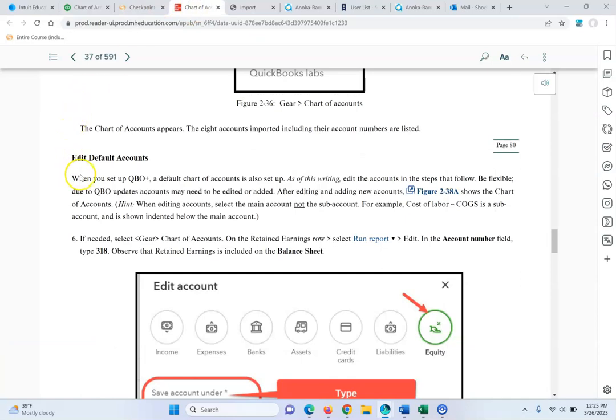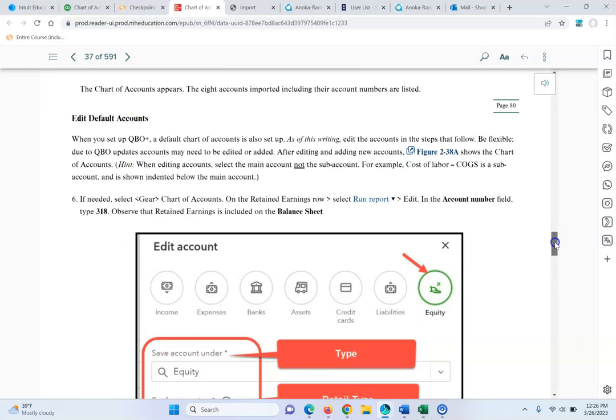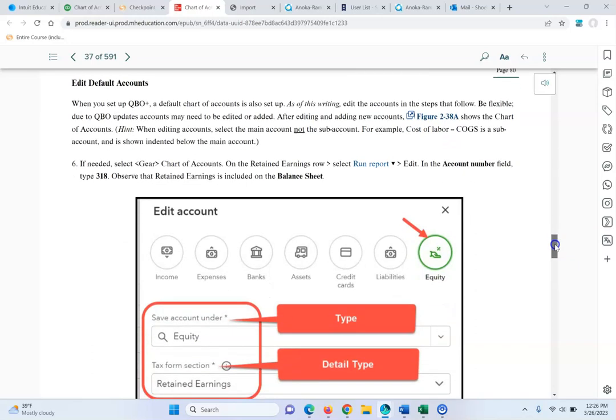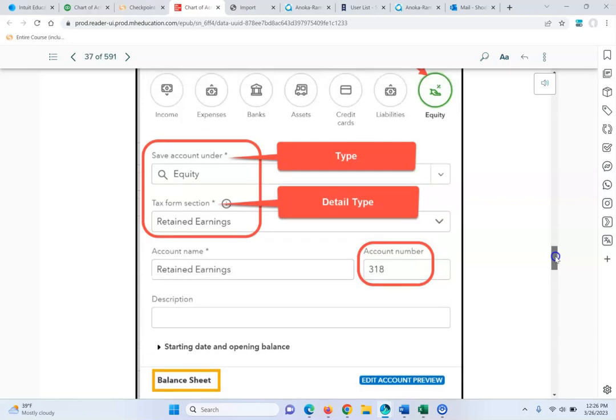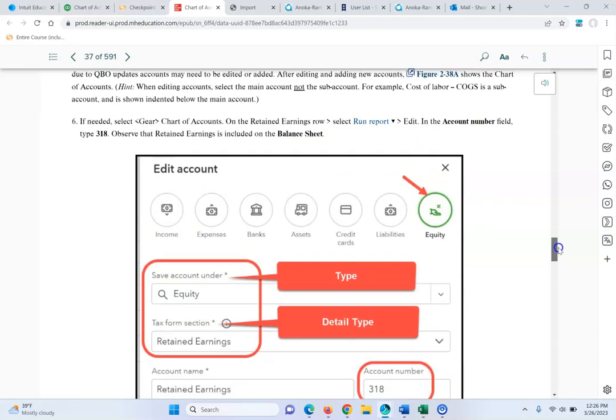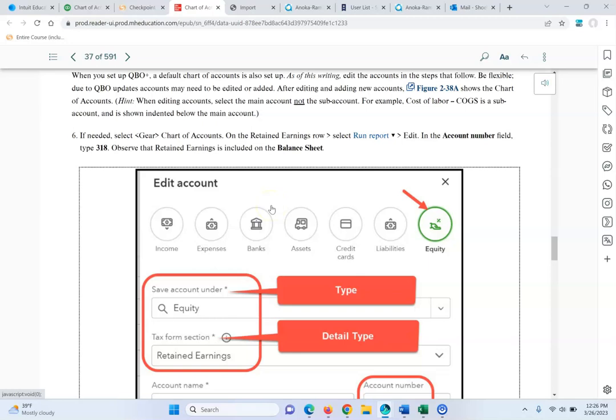Edit default accounts. When you set up QuickBooks, a default chart of accounts is also set up. As of this book, edit the accounts in the steps that follow. Be flexible. Due to the updates, many accounts might need to be edited or added. Figure 2-38 shows the chart of accounts. So basically, this is showing you we can go to the equity section,